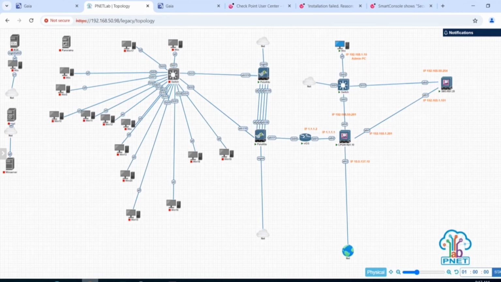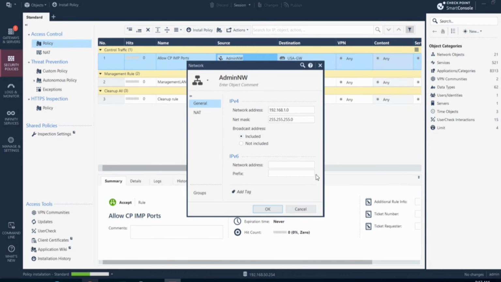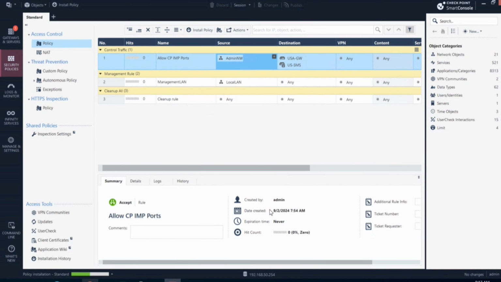So as per topology, 1.0 is the admin network, /24 is the mask, and still it's not working,